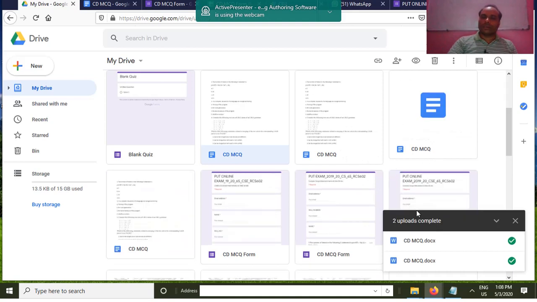See here, upload is completed. Just click this document CDMCQ. Just now you uploaded, this is actually a Word document. Now you are converting it to Google Docs. Just double click that document.